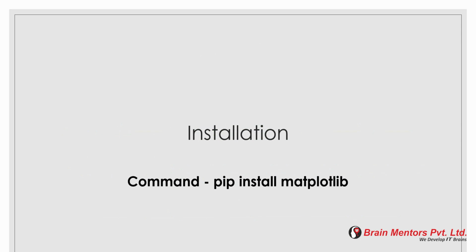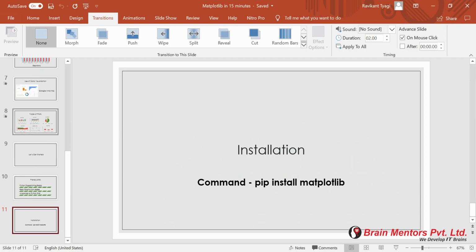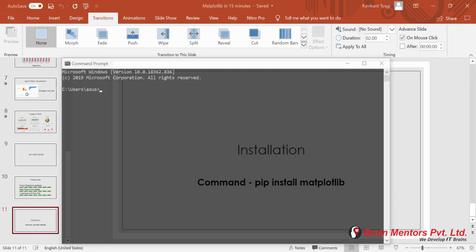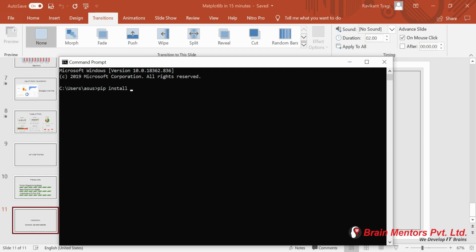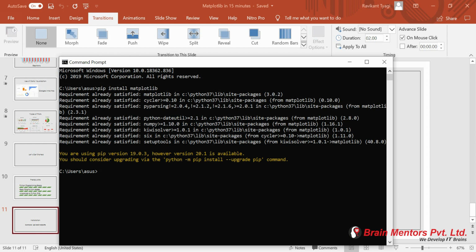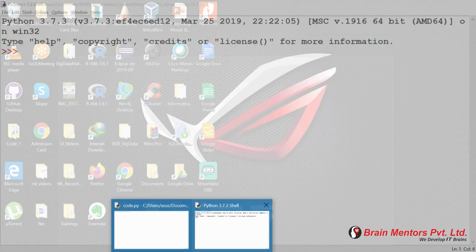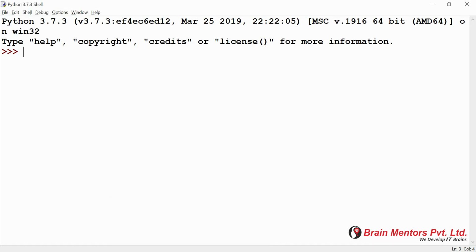First you need to install Matplotlib if you are using Python IDLE. You just need to open your command prompt and type this command, pip install matplotlib. It will be installed, and if it is pre-installed in your system, then you will see requirement already satisfied. For now I am using Python IDLE, and there is a basic reason behind it: in Python IDLE you will see a separate window for the graph, and later we will switch to JupyterLab.